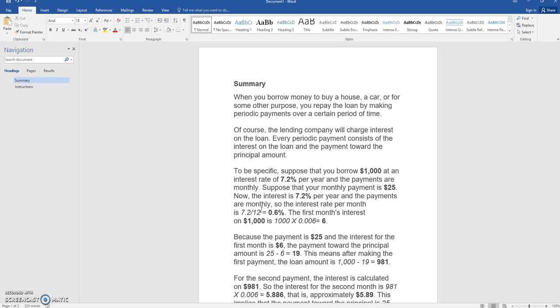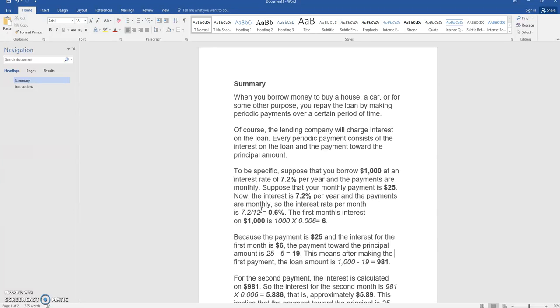Most times when you borrow money from somebody other than mom or dad, there is interest that you have to pay back. So if you borrow $1,000 and there's interest on it, you're going to end up paying back more than $1,000 because of the interest. You are paying for the opportunity to borrow that money. Does everybody understand how that all works? All right, so